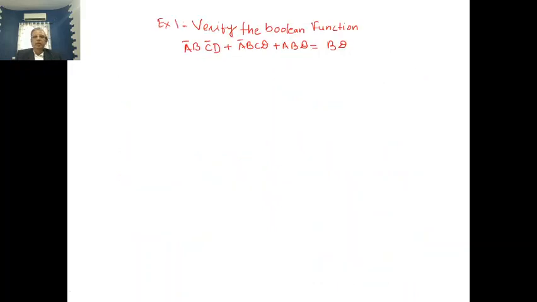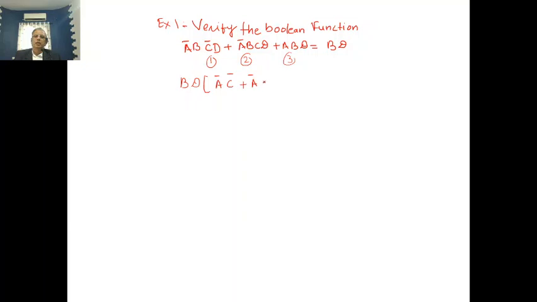Then verify the Boolean expression, this left hand side equal to right hand side, using Boolean algebra. Now here there are 4 variables. If you observe, in the first term, second term and third term, BD is common. So if we take BD common and simplify this Boolean equation using the Boolean laws, we get A bar C plus